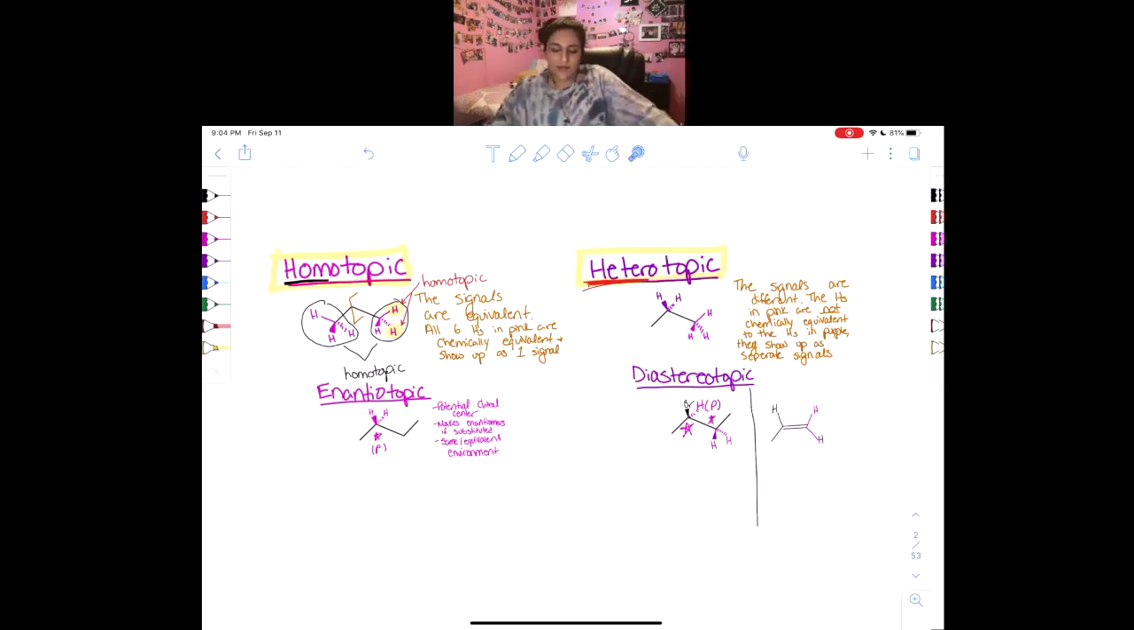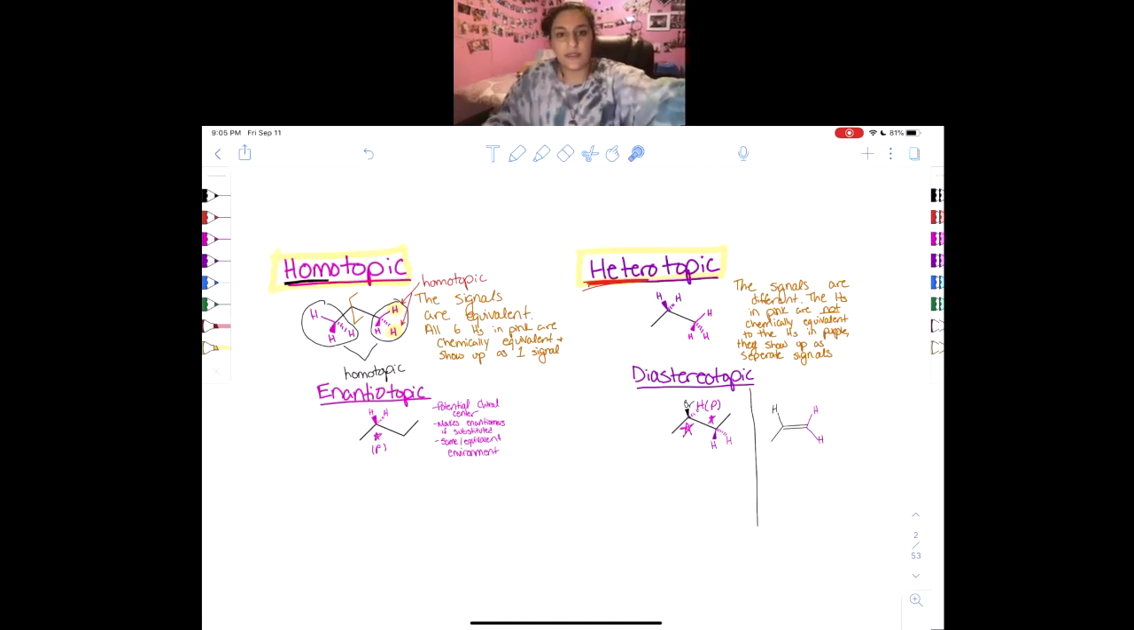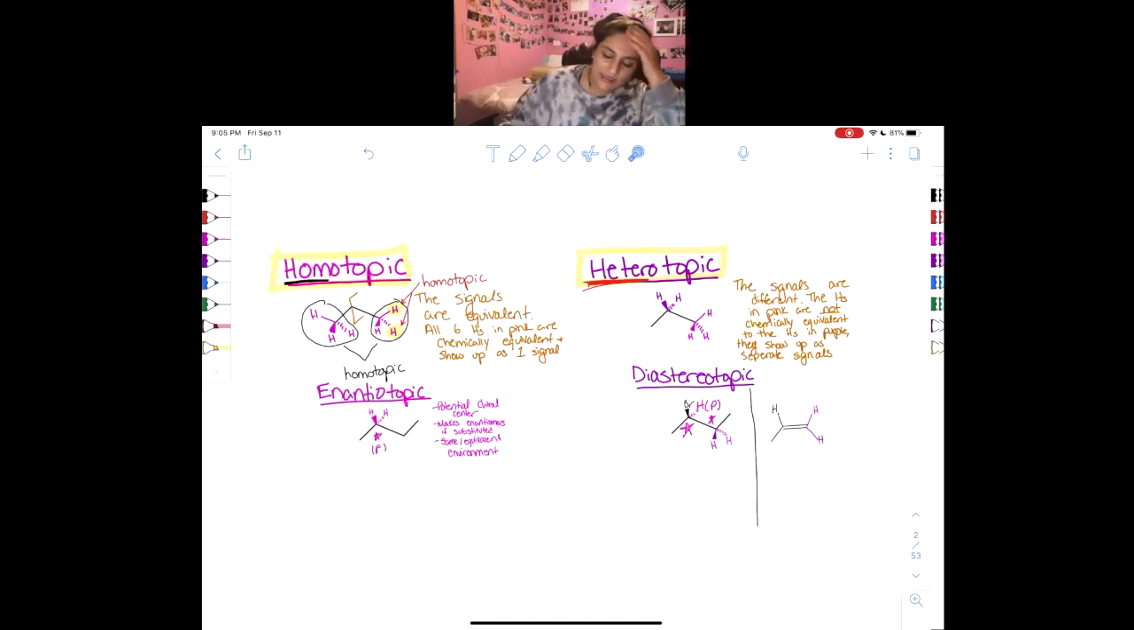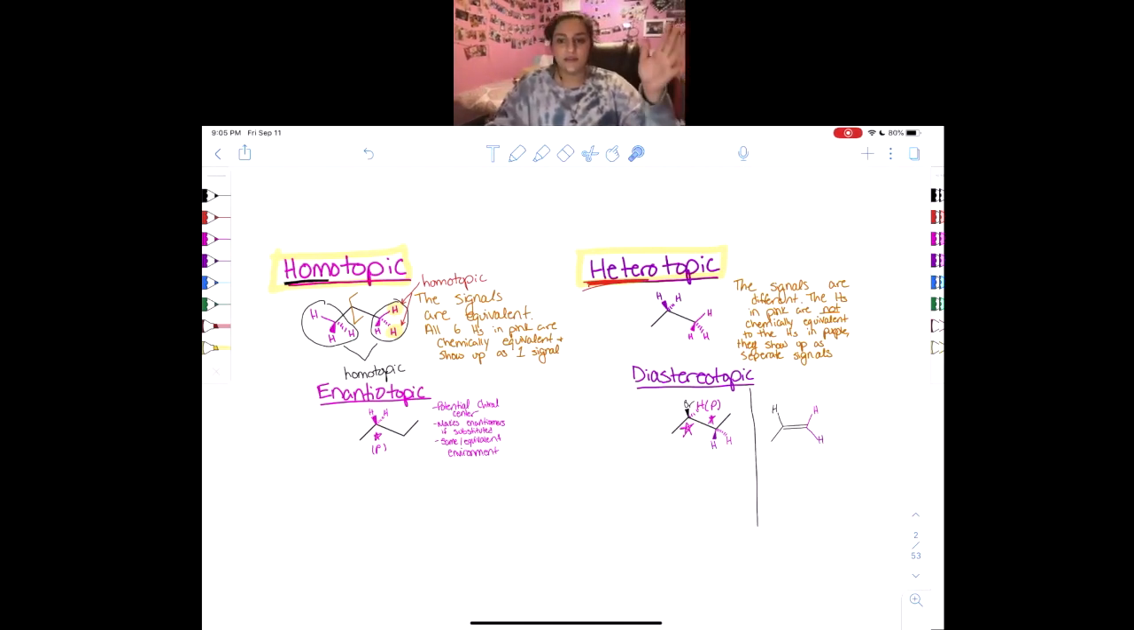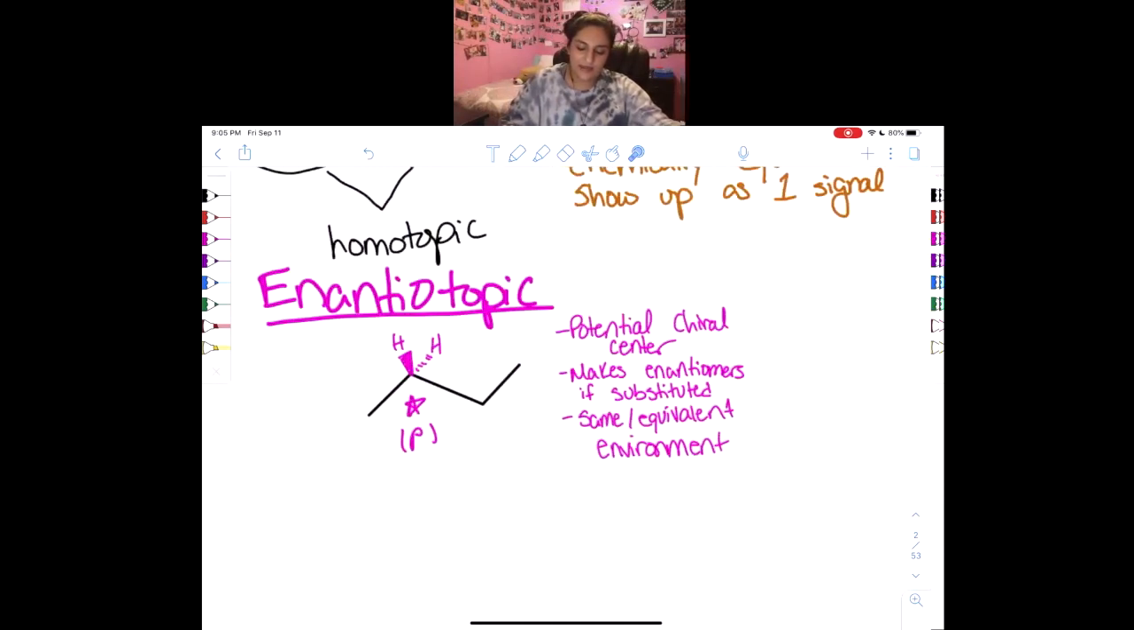Straightforward enough, simple enough. Enantiotopic and diastereotopic is where it gets a little bit more difficult because these are more specific words and they can only be used in specific cases. First one we're going to cover is enantiotopic, and enantiotopic is used when we have a potential chiral center present. So what do I mean by that? Well, I've highlighted it for you already. A potential chiral center is any carbon that has two unique groups, which we have this methyl and this ethyl,